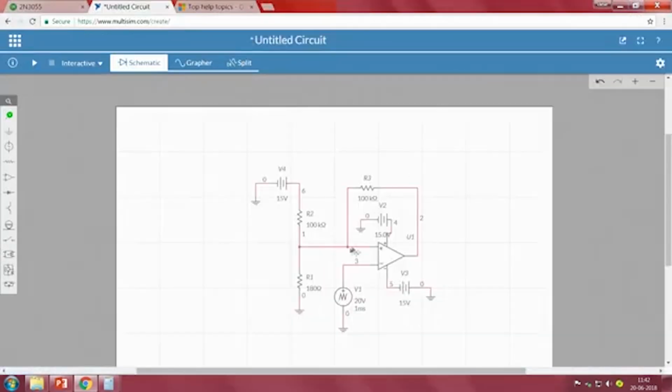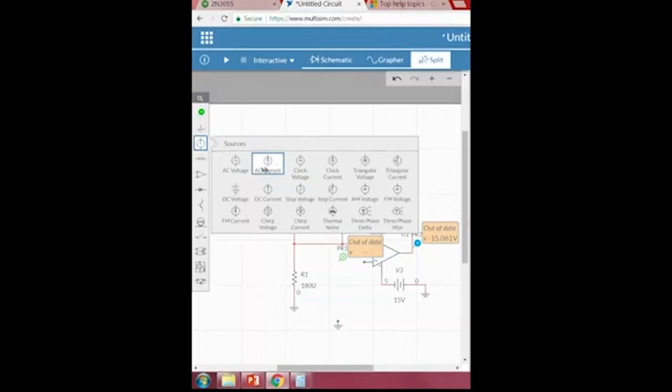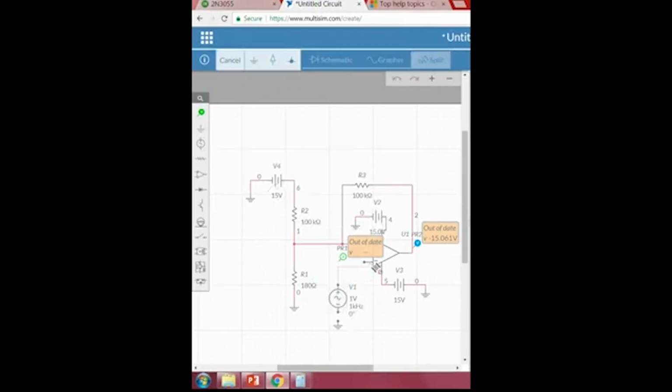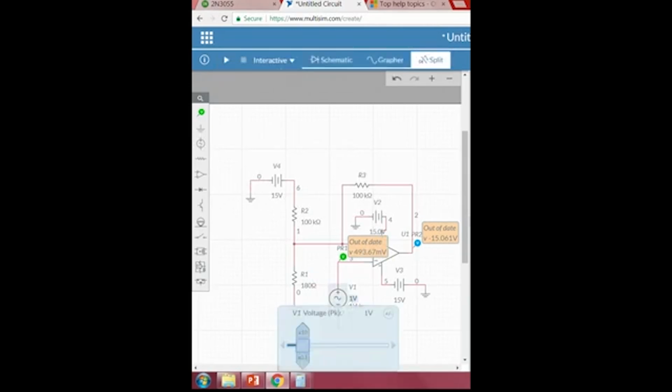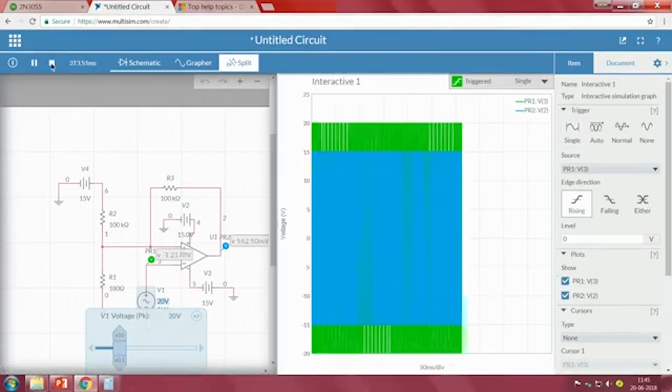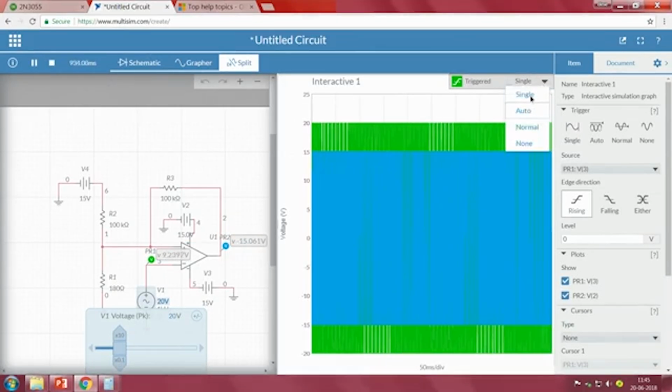The circuit is ready, the only thing left is to do the simulation. Before doing the simulation, let me connect voltage probes at the output as well as the input. Let me change the input to a sine, an AC voltage, with a peak value of somewhere around 20. Now, if I zoom the system,